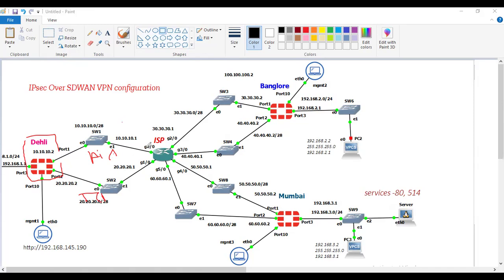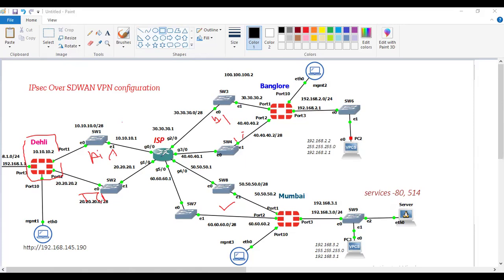And similarly, I have Bangalore location as well for redundancy, Airtel and TCL, right? And at Mumbai location, I also have redundancy with dual ISP, and these links are connected to my single router,